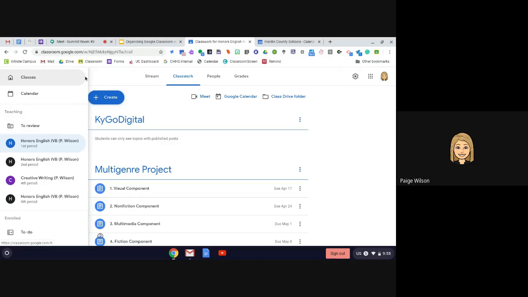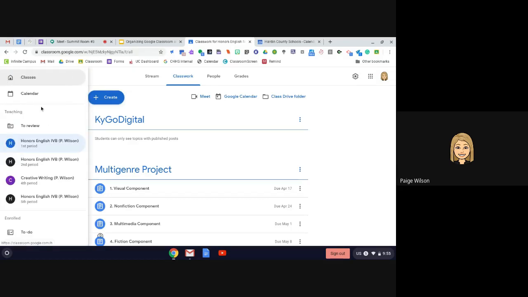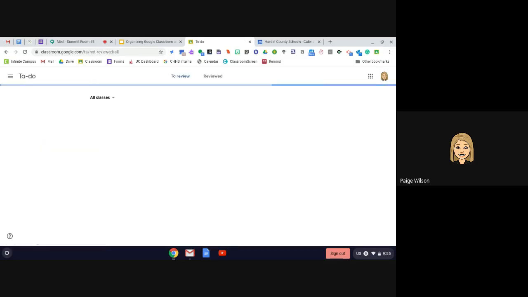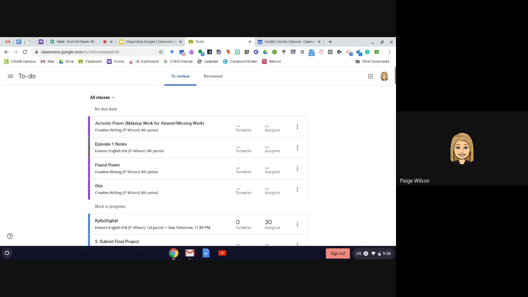So if you click the menu bar or the hamburger, that's what I refer to it as for my kids, up at the top, the classes that I teach are showing up first. Under that, you can see where it says to review. If I click on that, it's going to show me all of my classes and the assignments and the questions that I've posted and things that I've graded and things that need to be graded or that have just been